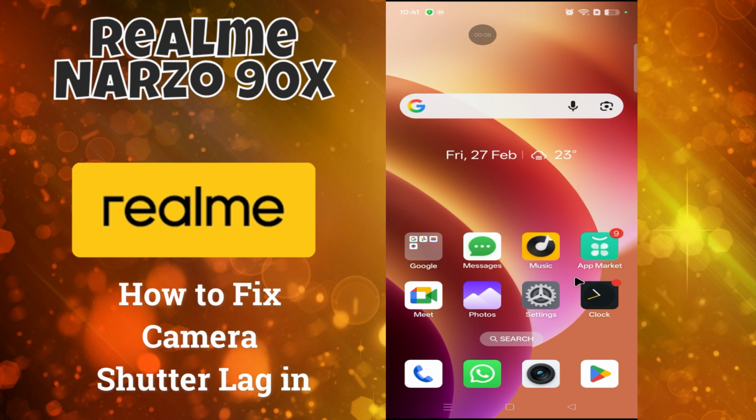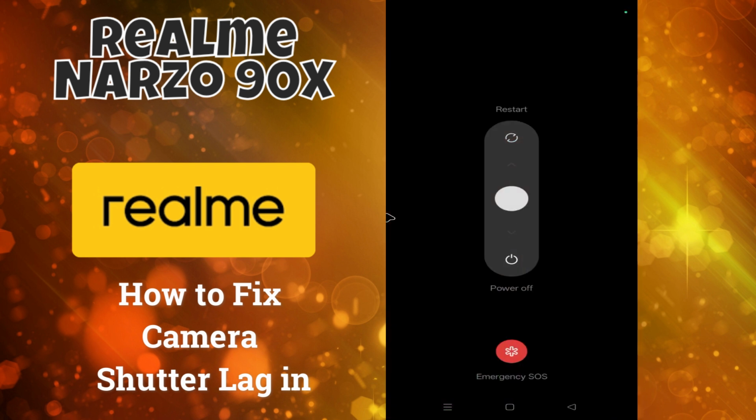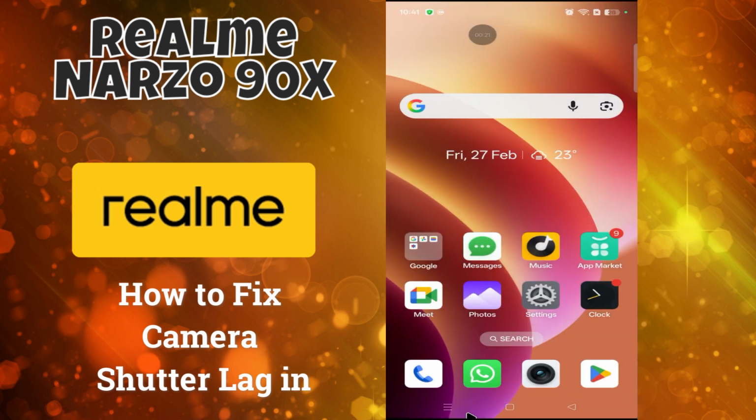Let's start the video. If you want to fix this problem, first restart your device. Just click and hold the side power button and restart the device from here. After restarting, go back to the home screen. You will see your problem is solved, but if it is not solved,